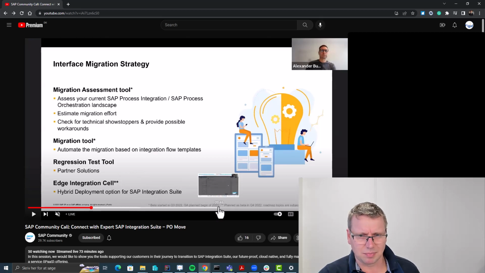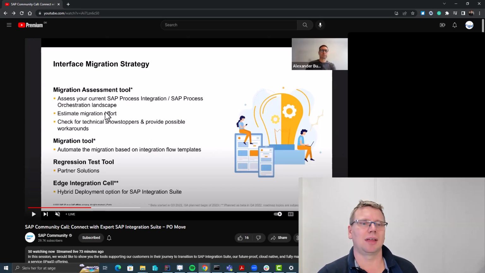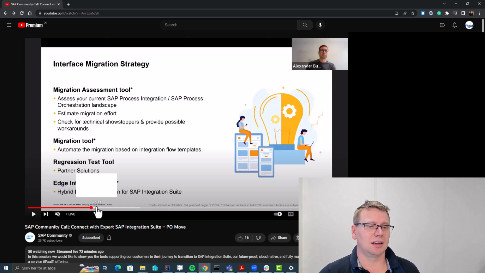beta, general availability in January of '23, I think, and that is also one of the comments that we get over here, that it is in January that we will see this as a part of this. And I think they also talked about it. You could use it in the free tier and possibly also the trial tools. And we also talk about the partner regression testing tool that you can get from FIGAF as one of the partners that delivers this. And I think, yeah, we have the integration cell